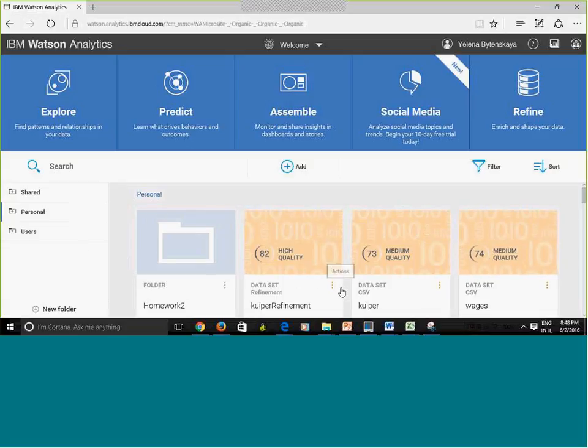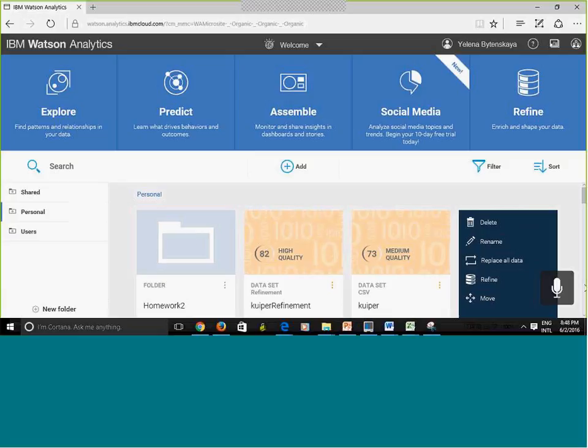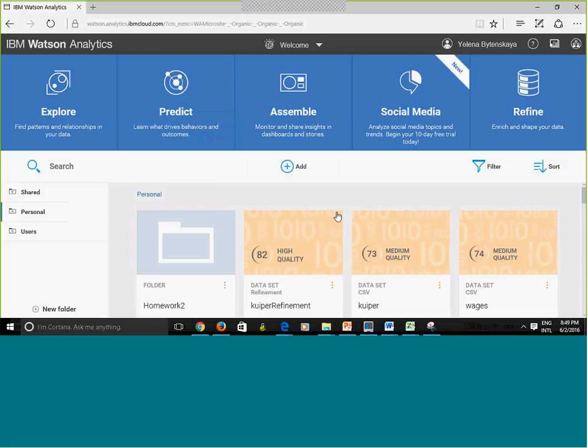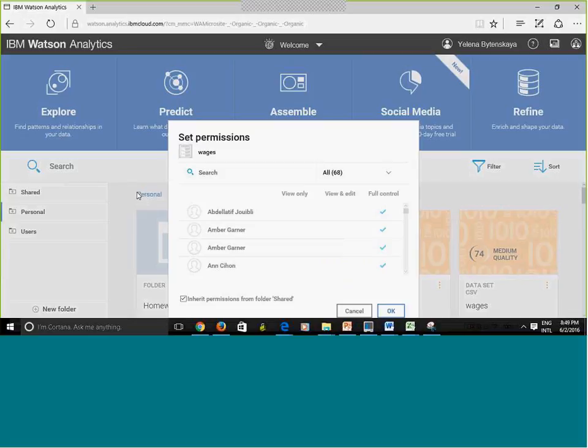Another thing that I wanted to show you is what not to do. Okay. I need to show you what not to do. Here is my data set, just wages, suppose. And what I want to do is share it with everybody. Okay, so what I do is, I'm going to hit move here, and I'm going to say shared. What that will do is share the data set with everyone in the system. Why? Because by default, it's going to inherit the permission, but I'm going to show you what not to do in there, or you might lose work.